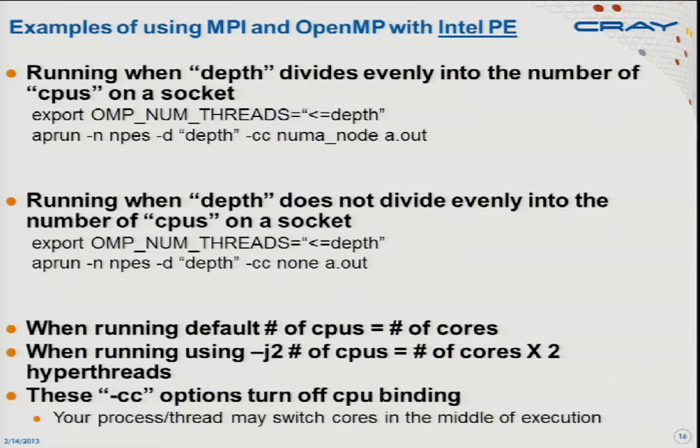So the way we do that is a little bit tricky. When running with a depth, and this is the -d option, when running with a depth that divides evenly into the number of CPUs on a socket, which is what I recommend, right? There's 8 or 16, depending on single stream or dual stream, on a socket. If it divides evenly into that, then your OpenMP environment variable is going to be something. You can actually say less than or equal to depth. I don't care if you can spread out. Your depth can be wider than the number of OpenMP threads. But on your aprun line, depth is some number, and you'll be able to say NUMA node. So this